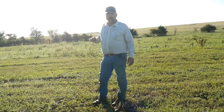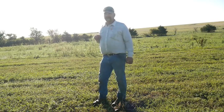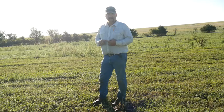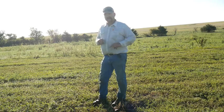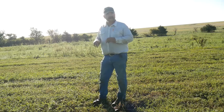I've also had some mower problems and had to work on the mower. It took me a few days to get it running again. But we're trying to control cedar trees. And if you cut a cedar below the last limb, close enough to the ground that you're below the last limb, you'll kill that cedar tree. It won't come back. And so hopefully mowing this low, all the little cedars that are starting to come up,